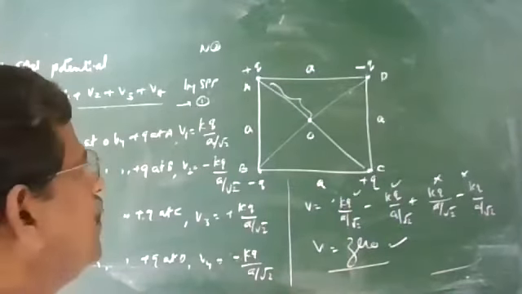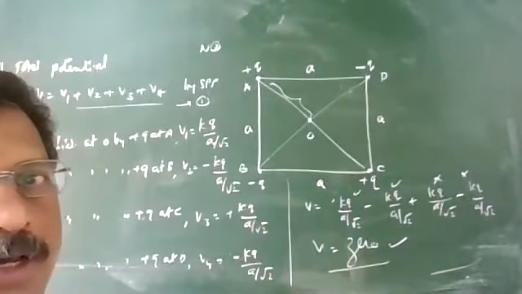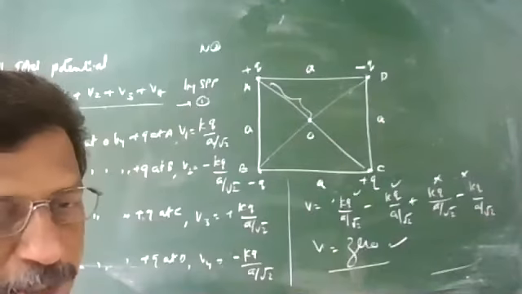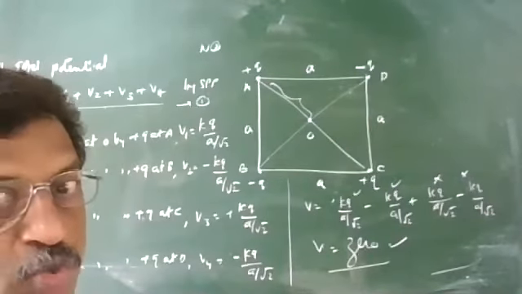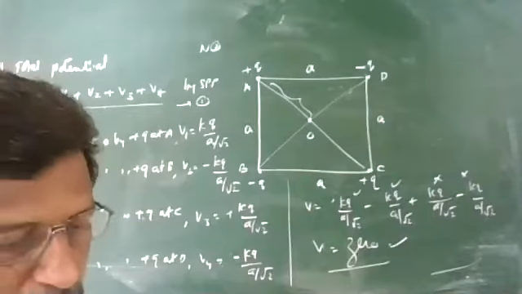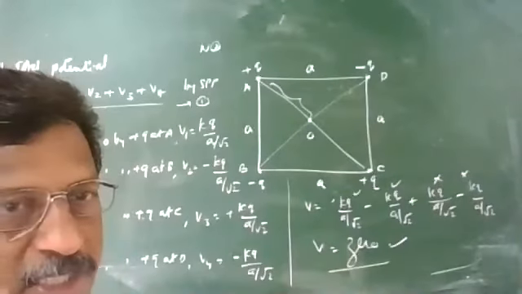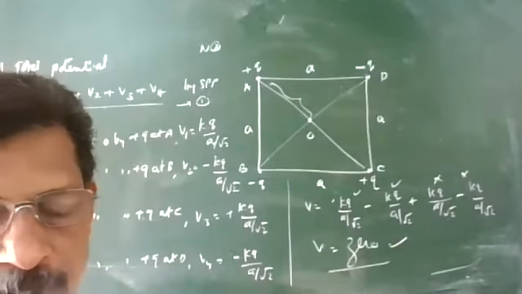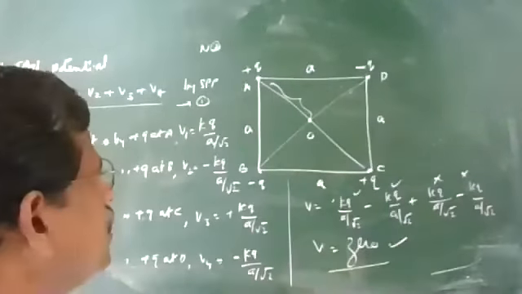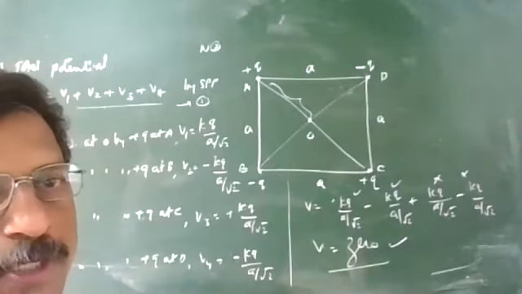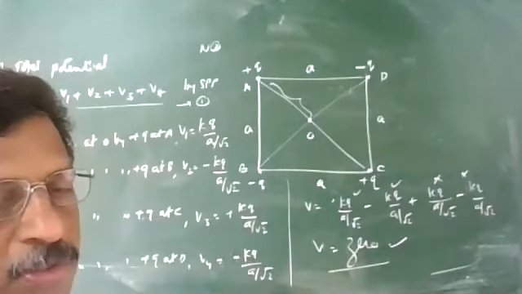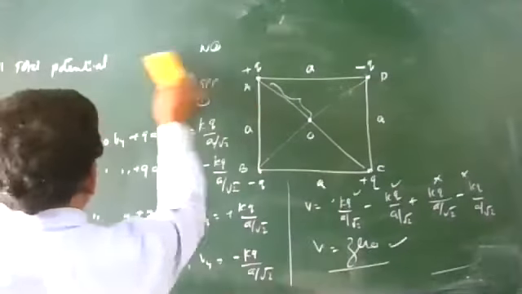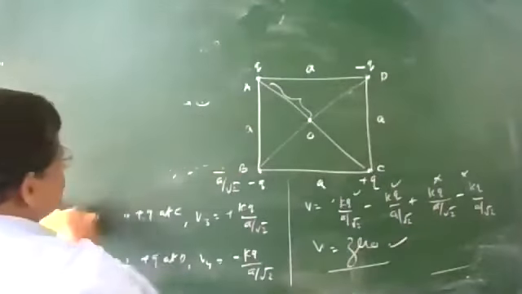Okay. Next important point, define electron volt and how is it related to potential energy. How is it related to Joule? Next derivation is potential due to an electric dipole, that is slightly lengthy, that I cannot complete today. So remaining time I will explain what is electron volt, a very important one mark question, and what is its relation with the Joule. You know the definition of potential difference now.